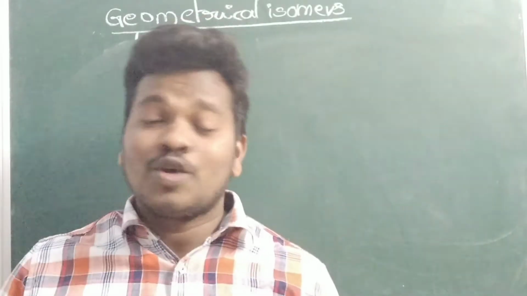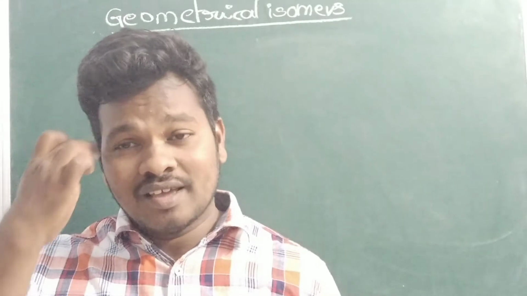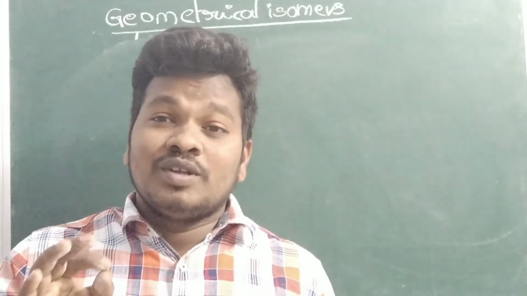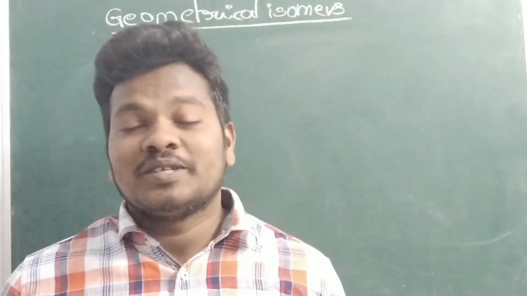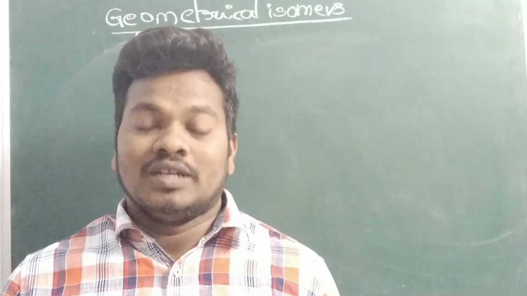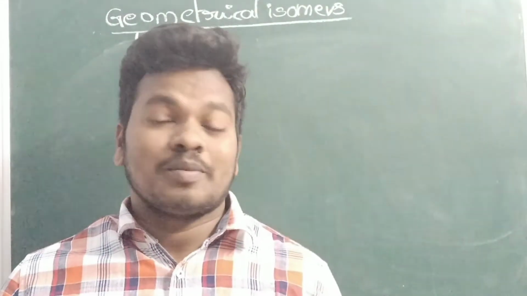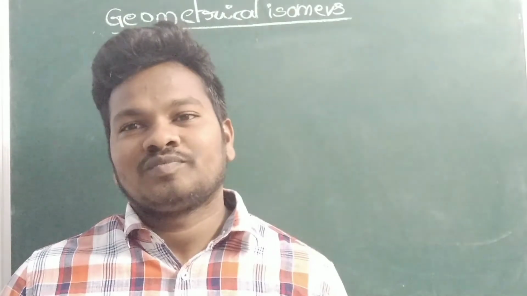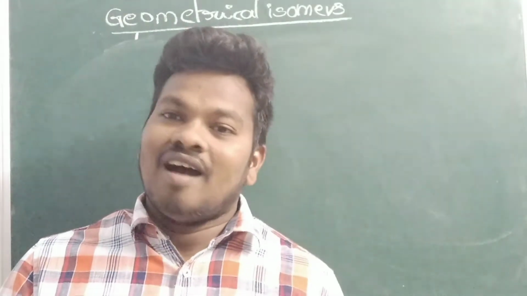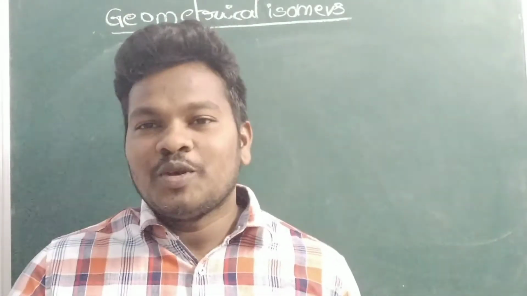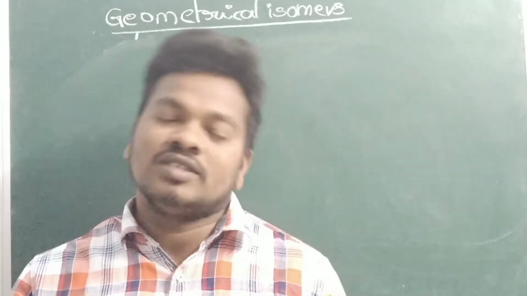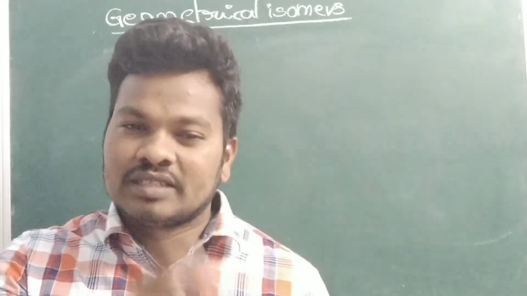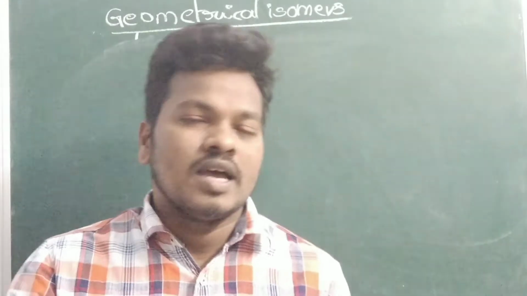So today we are going to learn about the topic of whether a given compound exhibits geometrical isomerism or not. Cis and trans, how it is exhibited, and what about the E and Z isomers, all these things we are learning. In the last video we discussed structural isomers. What is the main difference between structural isomers and stereoisomers?